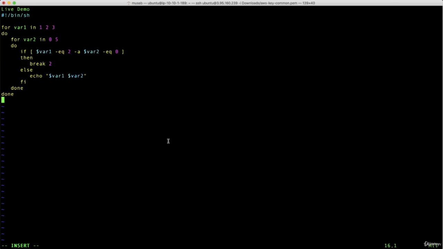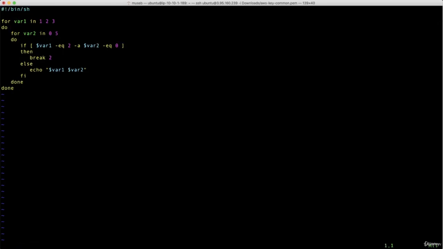Now for the for loop, actually there are other loops like until or select, but I will show you just the for and while. So this is an example. I want to delete this first because I forgot to remove it. So var1 in 1 2 3, do and done, which means this is the body of the for, and this is the second for, var2 in 0 5,